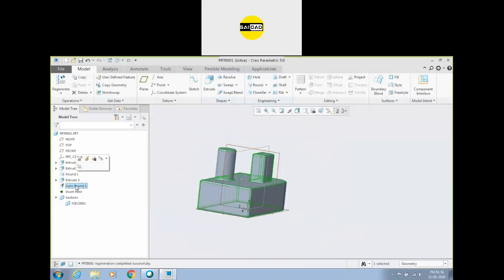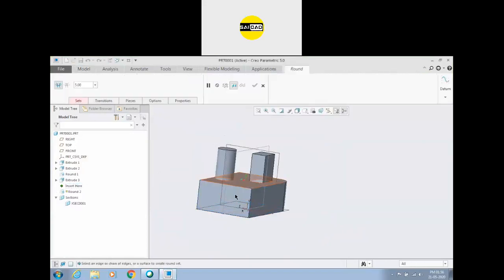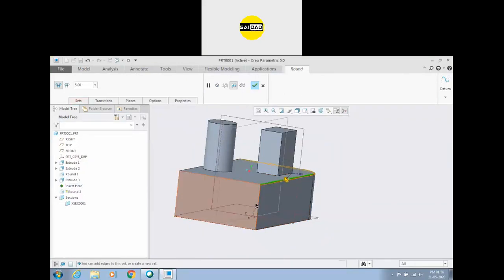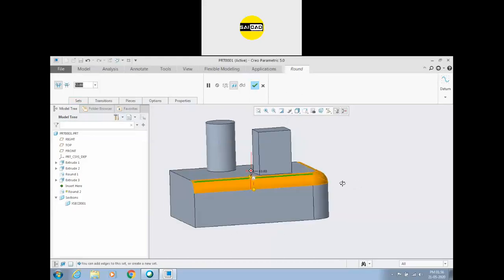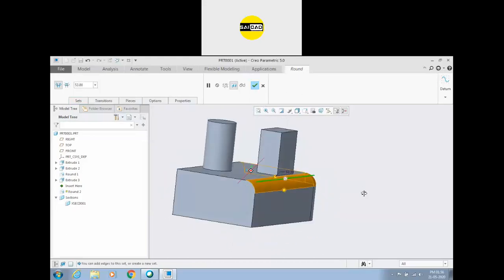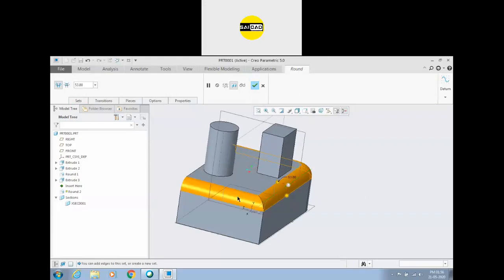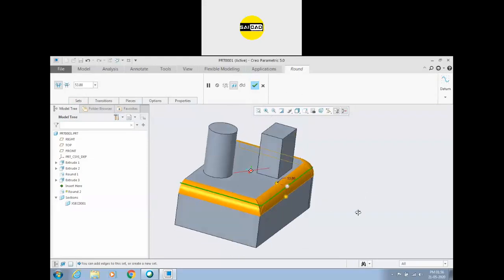But if you have to create the round on some required edges, you can just go to the edge, select that edge, you can see you can create the round according to that. You can move the value from here or you can change it from here also. Okay, if you want to select multiple edges, you can select that like this one.